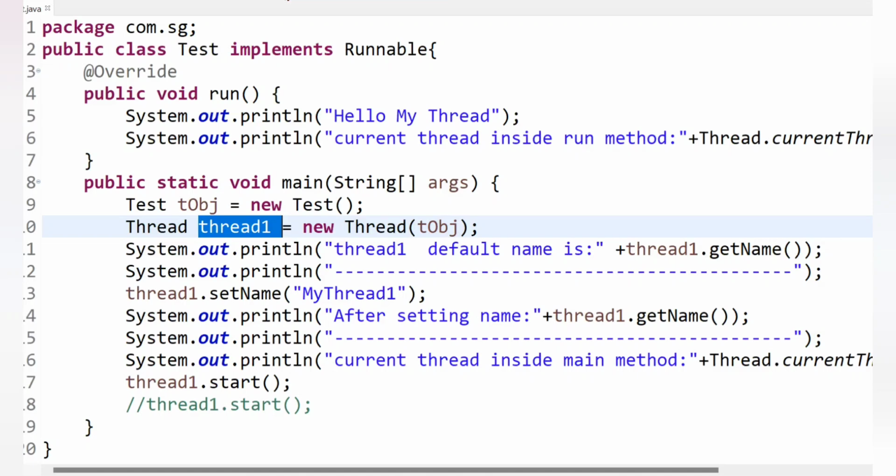Clear? And there is one method in the Thread class, the getId method. The getId method is a method of the Thread class. It returns a long value that represents the unique id of the thread. So we can use this getId method to get the id of a thread. The question comes: why do we need to get the id of a thread? What is its use?